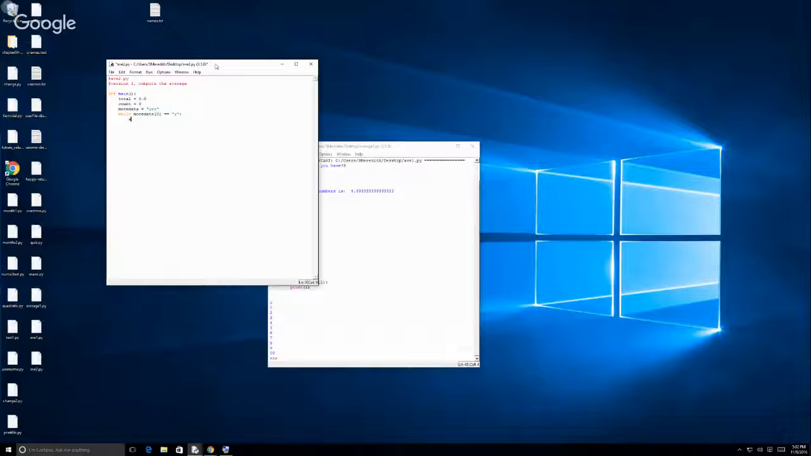then x is going to equal a float of input, enter a number. The total will be now total plus x, the count will be count plus 1, and more data is going to equal to